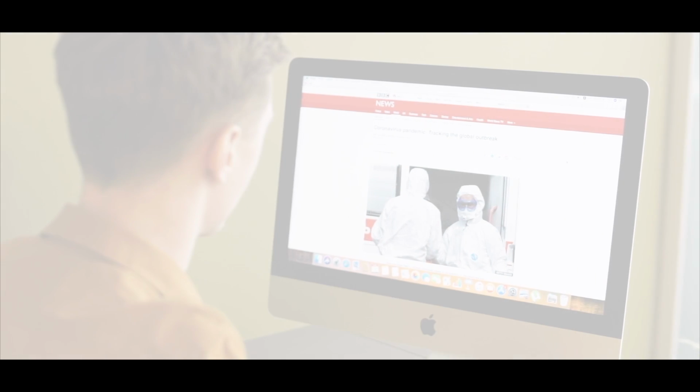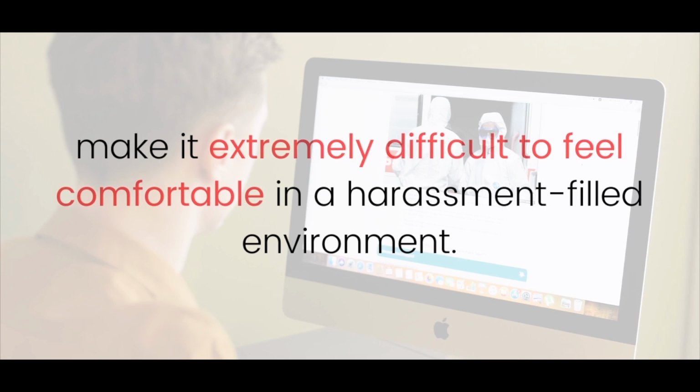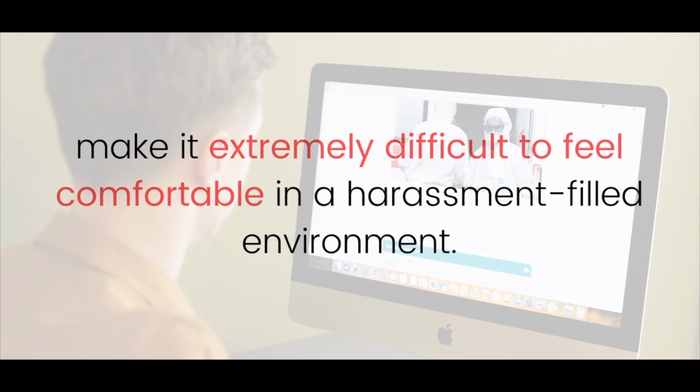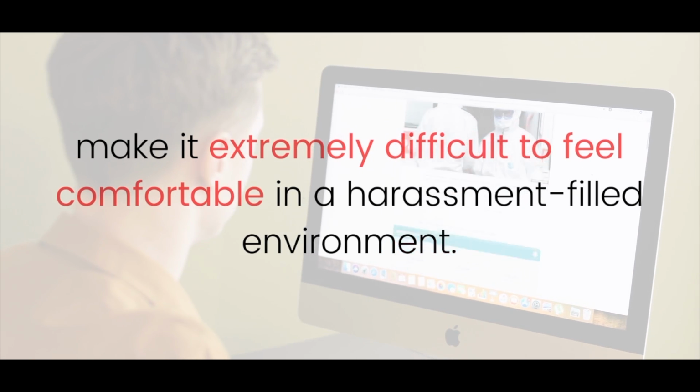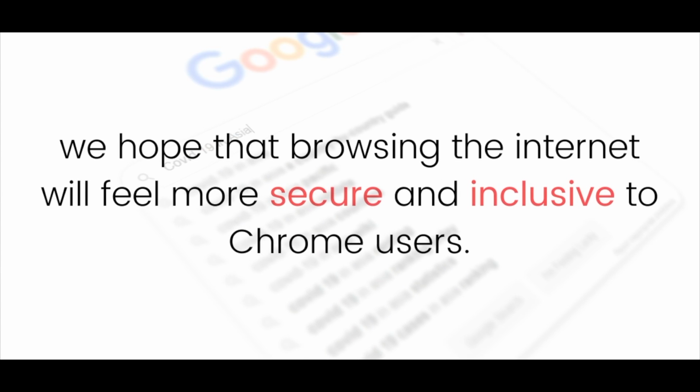The internet is filled with sensitive comments, ranging from topics of racial discrimination, gender identity, and other similar subjects that make it extremely difficult to feel comfortable in a harassment-filled environment. Following the mission of Quelly Hacks, Empower Them, our goal was creating a way to avoid exposure to harmful information on the web. With our end product, we hope that browsing the internet will feel more secure and inclusive to